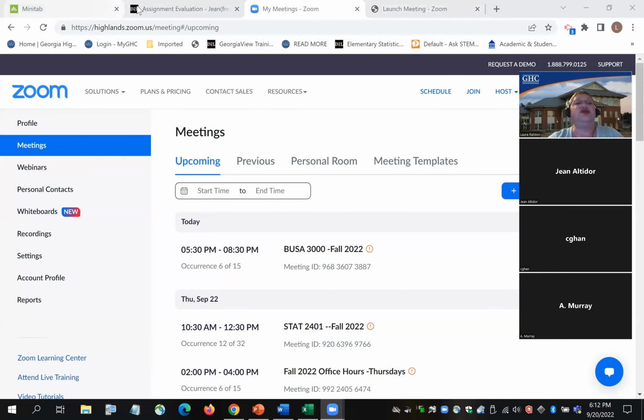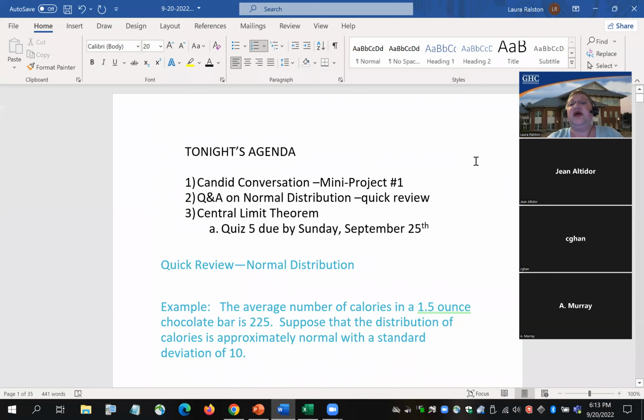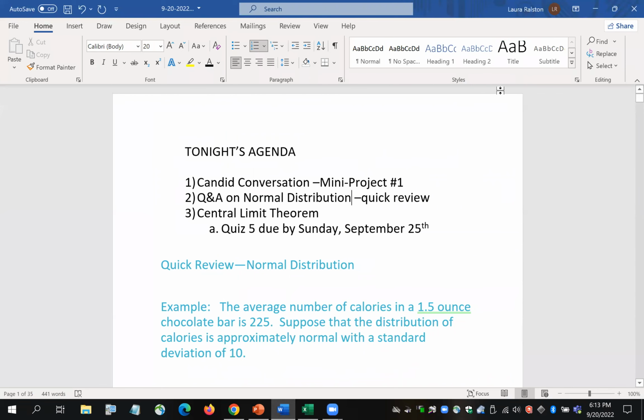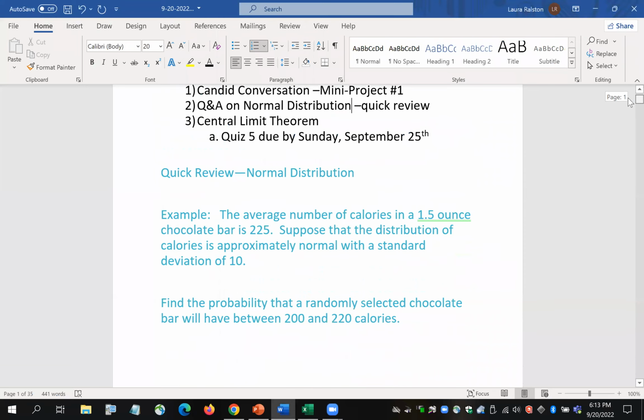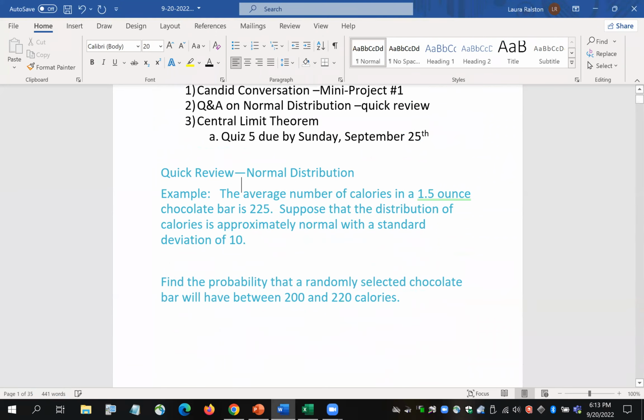Okay, I am going to share my screen, and just to ensure and feel confident that you are familiar with the material, I'm going to do a quick review of the content from the normal distribution, do a couple of examples. The normal distribution is one of the most important